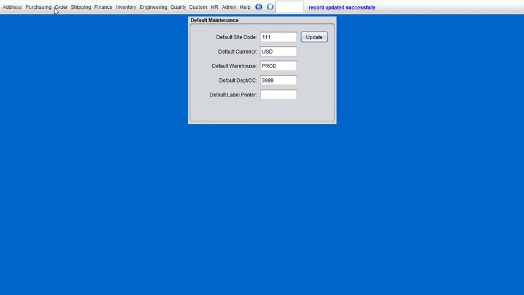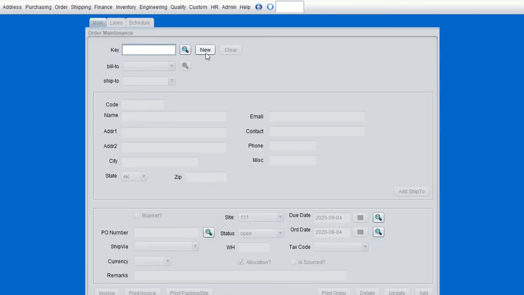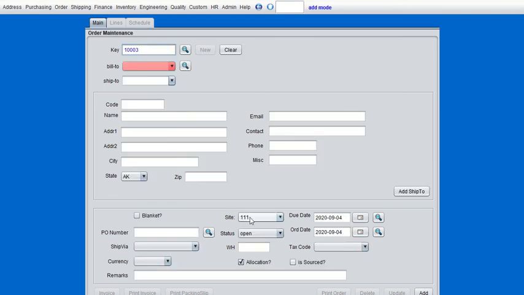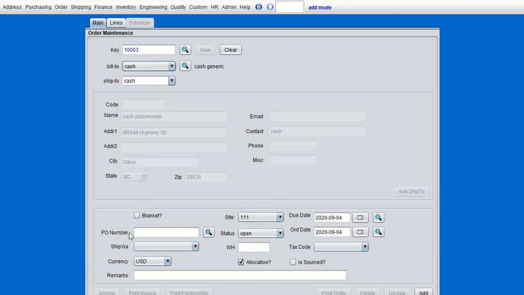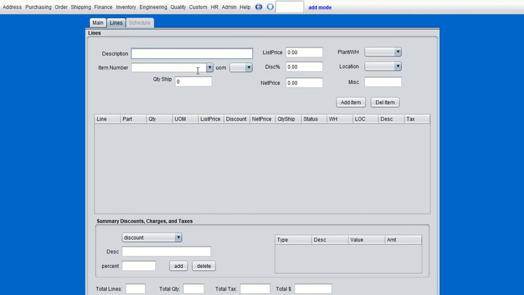So let's go look at an order. Order maintenance, let's just create an order. We already have one item in the item master, a bicycle, as an example. We're going to create new, and you'll notice that the site that comes up is 111. You do have the option of the other site, but the default site is what will appear first on the order. Let's create the order, cash, test,